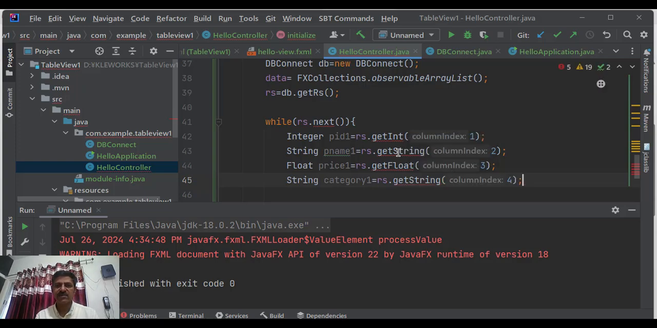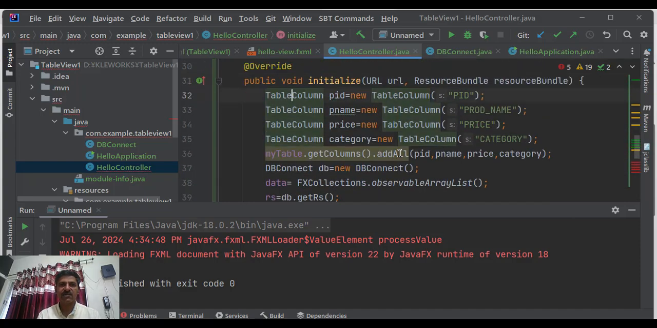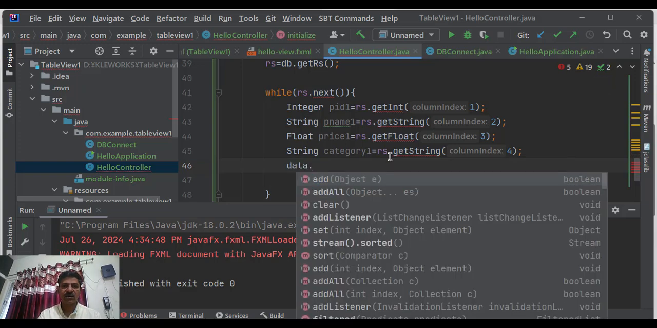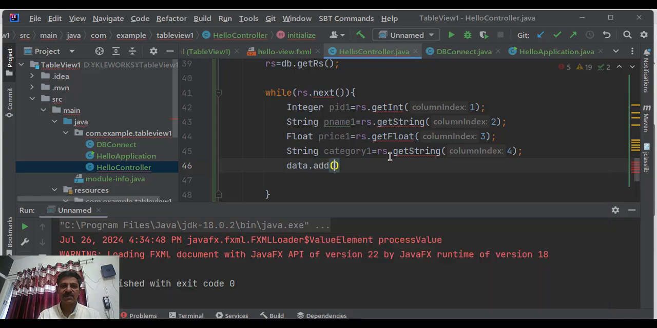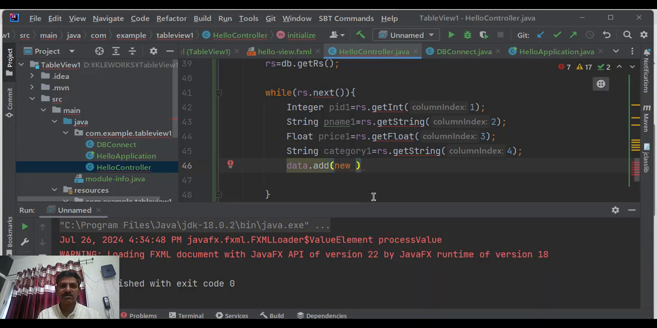You might be wondering why I'm naming them as PID1, PNAME1, because if you observe, we already named the table columns as PID, PNAME like that. So I'm naming them differently. So once you read these data elements, we just got to add them to the data. So data.add new. Yeah, now there is one more thing that you have to model the data using another class which